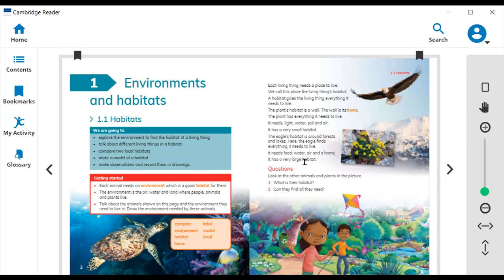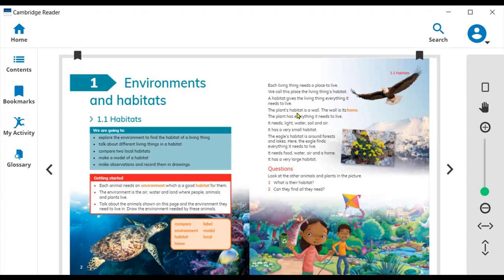So you have to read this topic. So you learn about living things. What are living things? Living things need to grow. They can move. They can breathe, right? And they reproduce. Okay, they grow and they have babies. When babies grow,